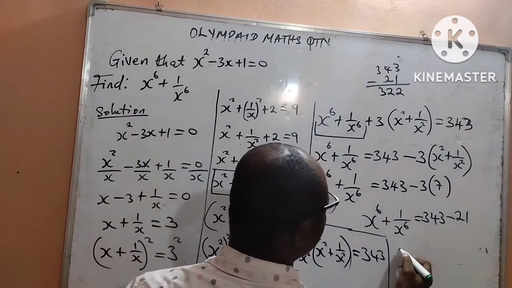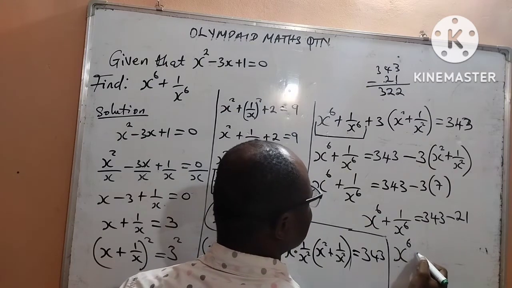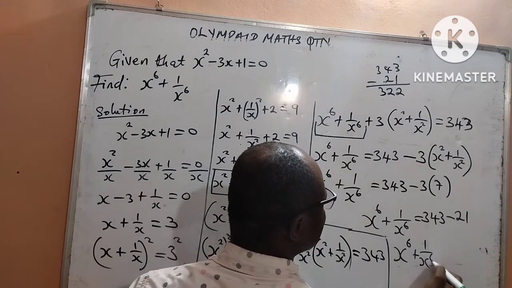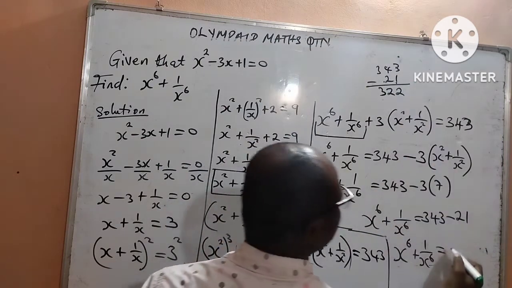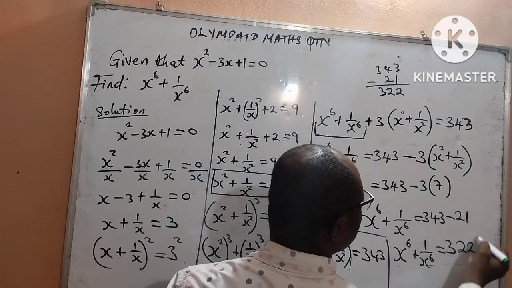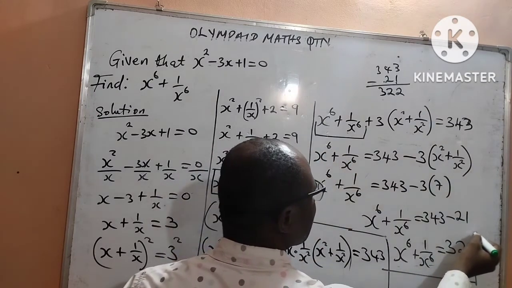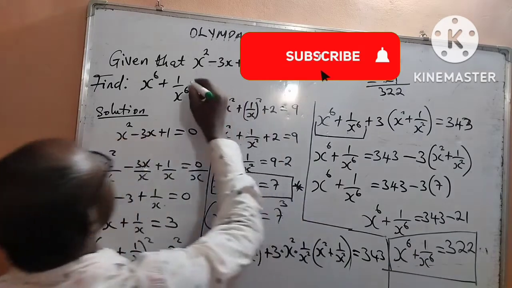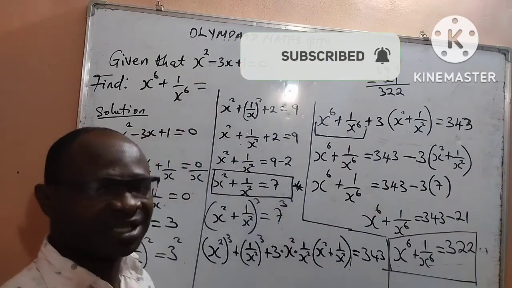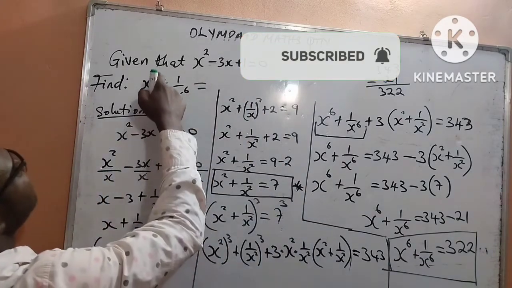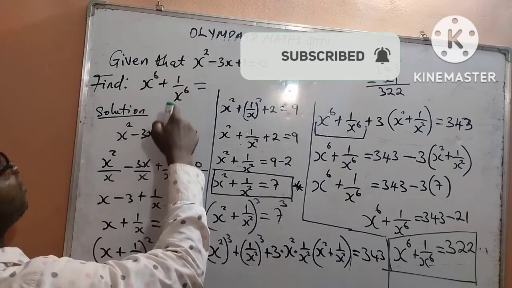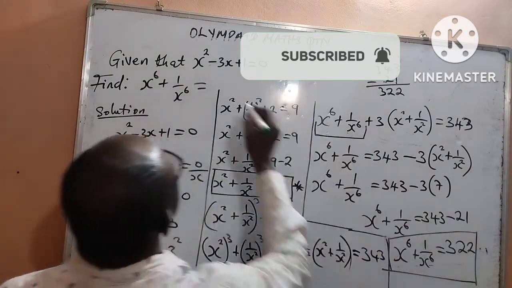So that will now be for us that x to the power 6 plus 1 all over x to the power 6 is equal to 322, as requested by the question for us to solve. So this is our final answer, that x to the power 6 plus 1 all over x to the power 6 is equal to